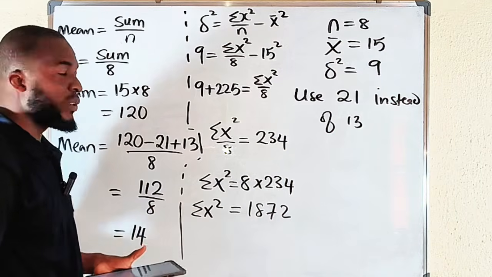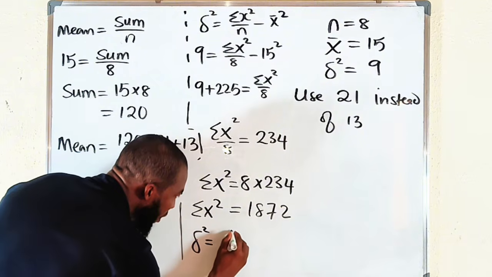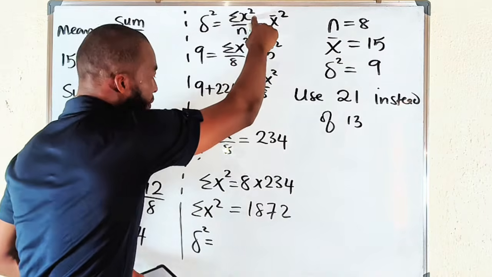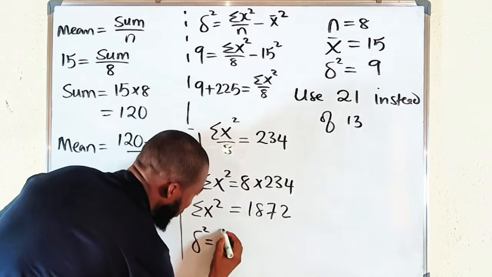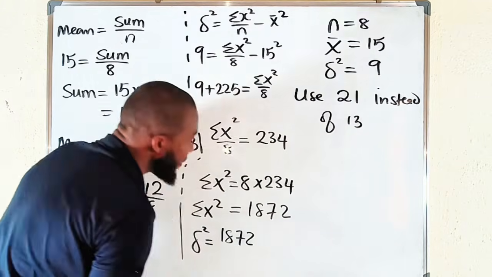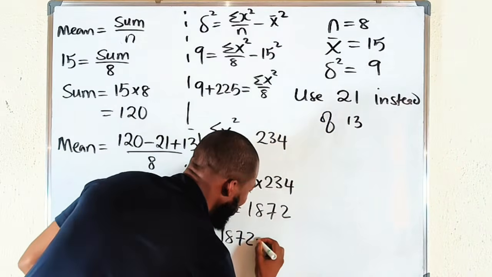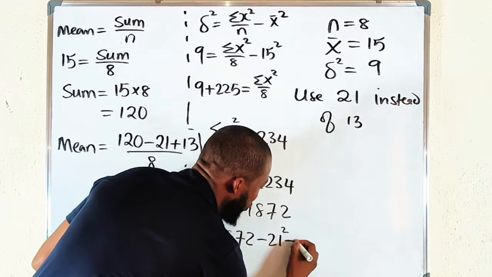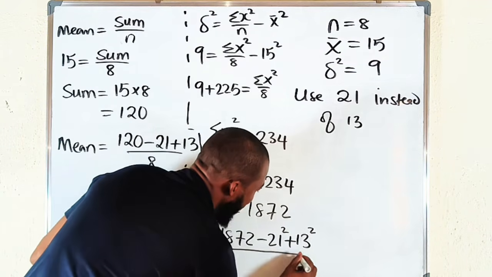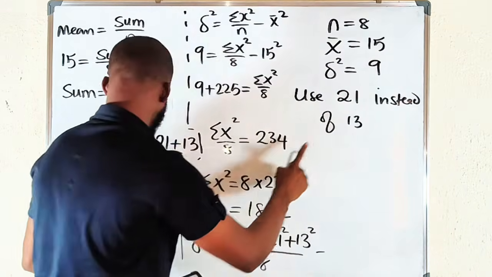Now we would like to compute for the actual variance. So the actual variance will be equal to the summation of all of this, which is this, 1,872. But please remove this one and add this one. So you minus 21 squared, you add 13 squared. Then you divide by 8. Then remember, you subtract the mean squared. The actual mean is 14